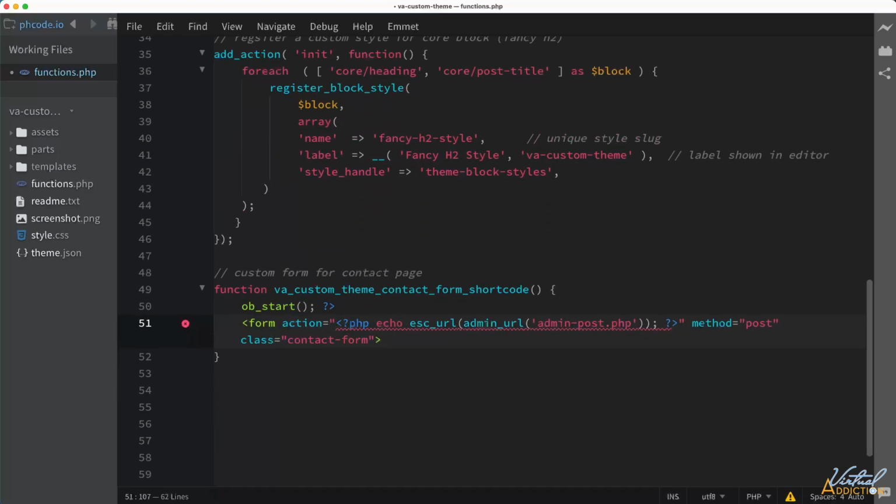The next line of code is where I'll begin my form tag. For the action attribute, I'll set the value using PHP. We're going to echo and grab our admin URL, and then we're going to use admin-post.php. What this does is it will submit the form to WordPress's admin-post.php file, which is designated to handle custom